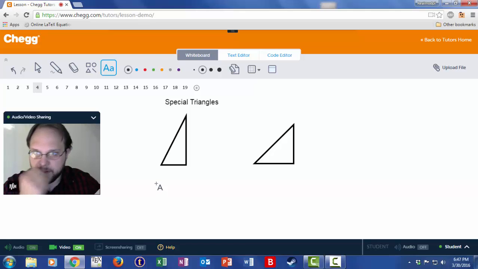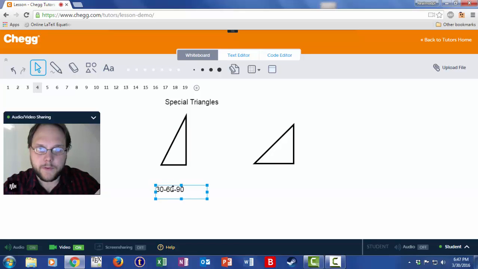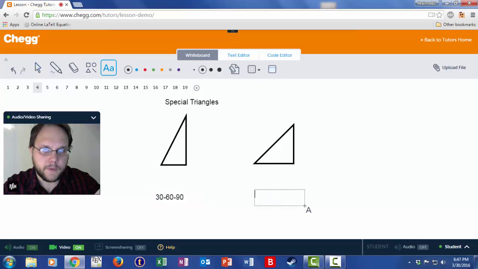Special triangles are a thing that everyone learns, and then sometimes people forget them, and that's okay, but they help your life out a lot, and they're important to remember. So this one over here is a 30 by 60 by 90 degree triangle, and this one right here is a 45 by 45 by 90